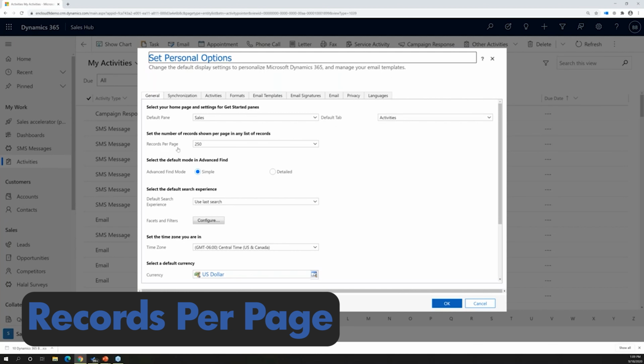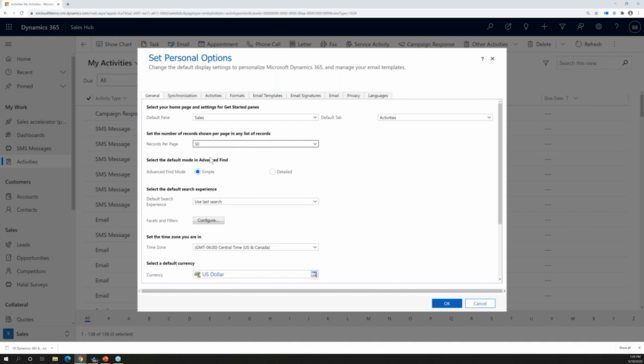Another change I always make, and I always recommend for my customers, is changing the number of records per page. By default, Dynamics 365 shows 50 records per page. What that means is a page is in your views. When you're looking at your contacts or accounts, by default, you're only looking at 50 contacts at a time in those lists. If you want to, and I recommend changing this to 250,